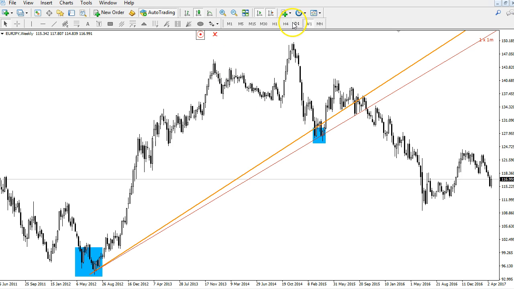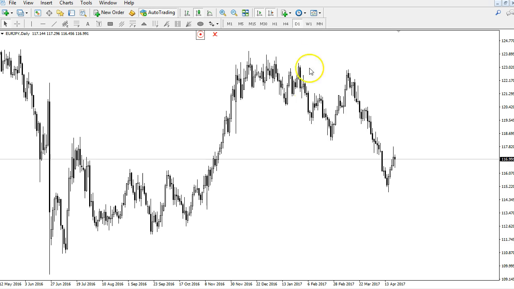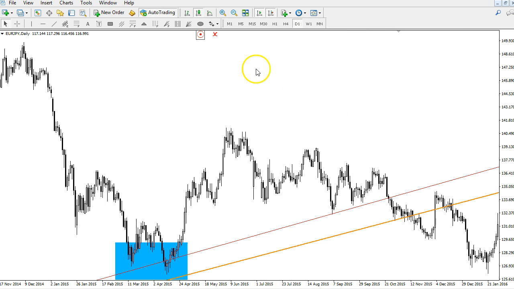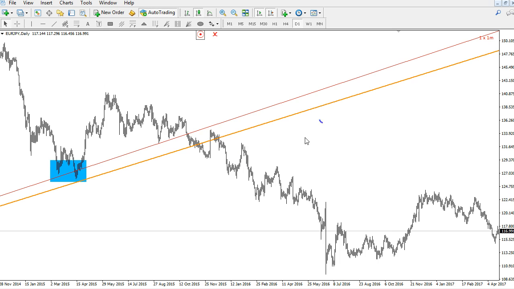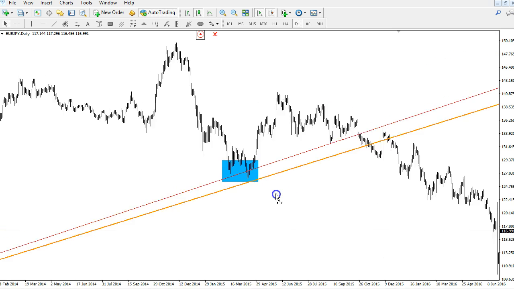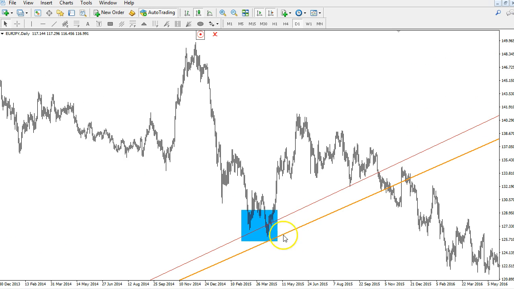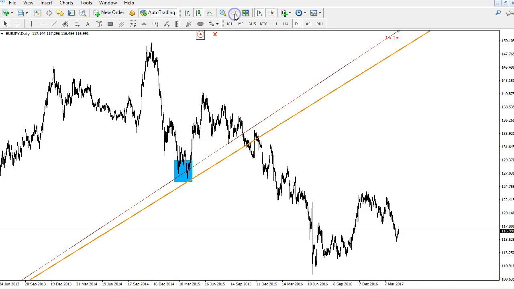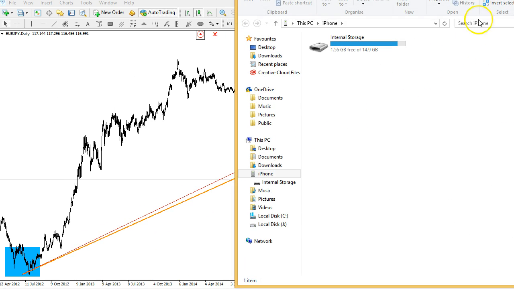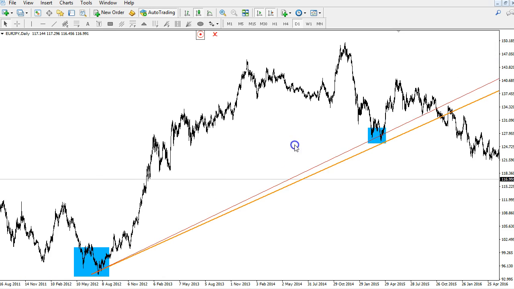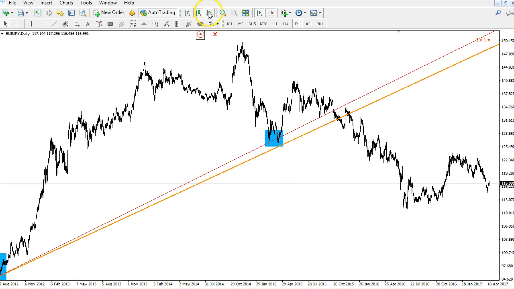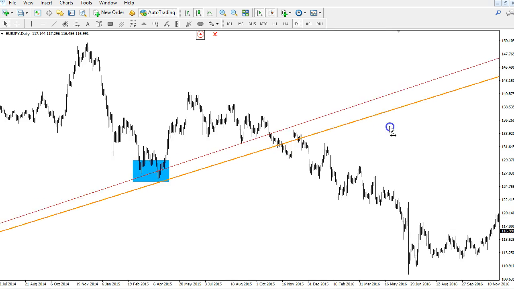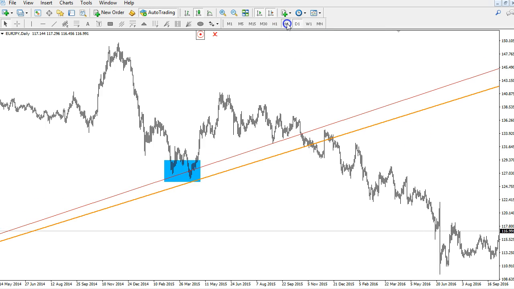So now let's move to the daily chart, and we can see that the trend line has changed location. Even when we move up or down, zooming in, you can see the location has changed. Okay, if you go to the 4-hour chart,